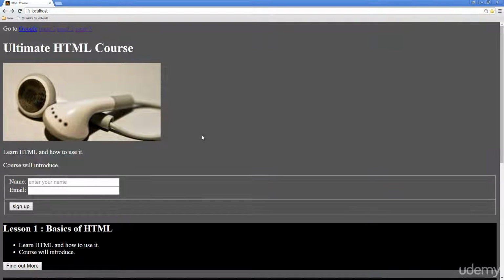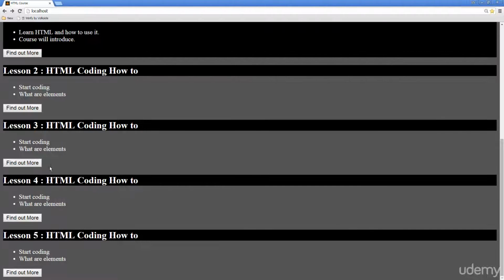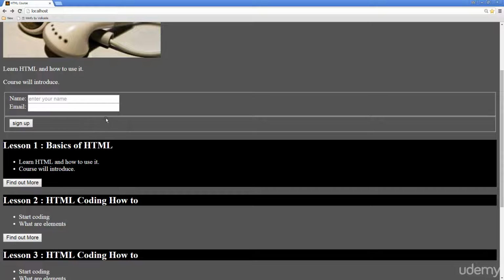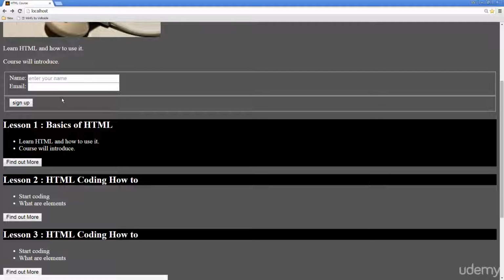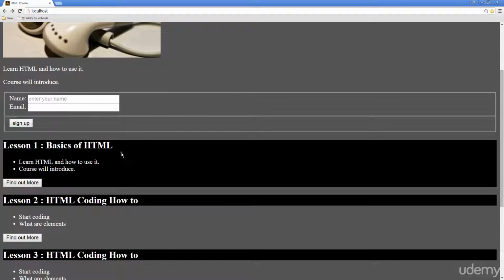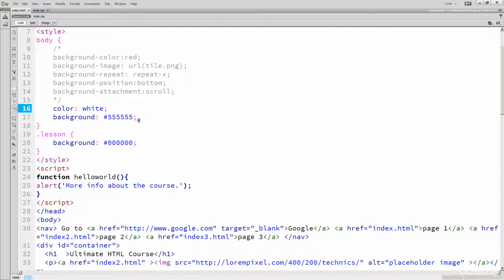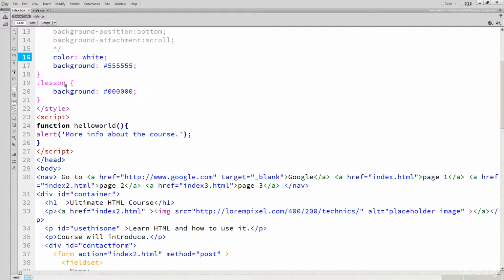So I've added a bunch of additional lessons on our HTML page, and when you are designing, you want to have some consistency for the sections. You want something that the user can kind of expect to see, and when we look at this, it doesn't really look very consistent. So I've got this one as a black one, and then this one, just the heading is black here. So it's not really the consistency that I'm looking at when I'm using classes,